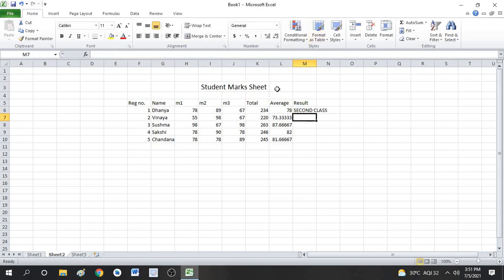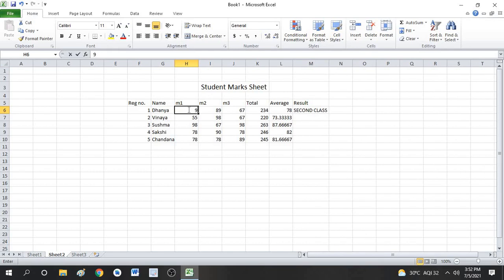So since the marks is less than 80 and greater than 70, the result is showing as second class. So if we change the marks and check with the result, you can see, average marks you got is 90, for that result is distinction.